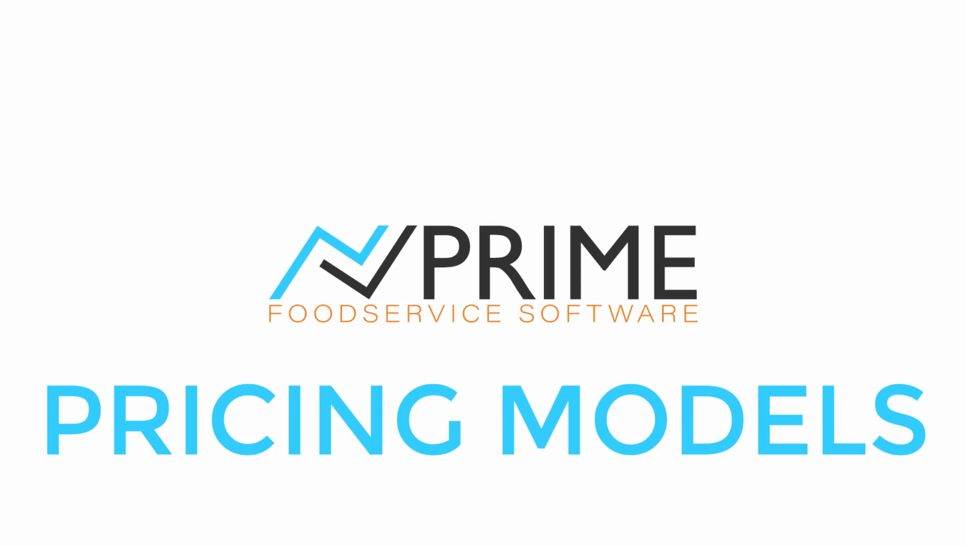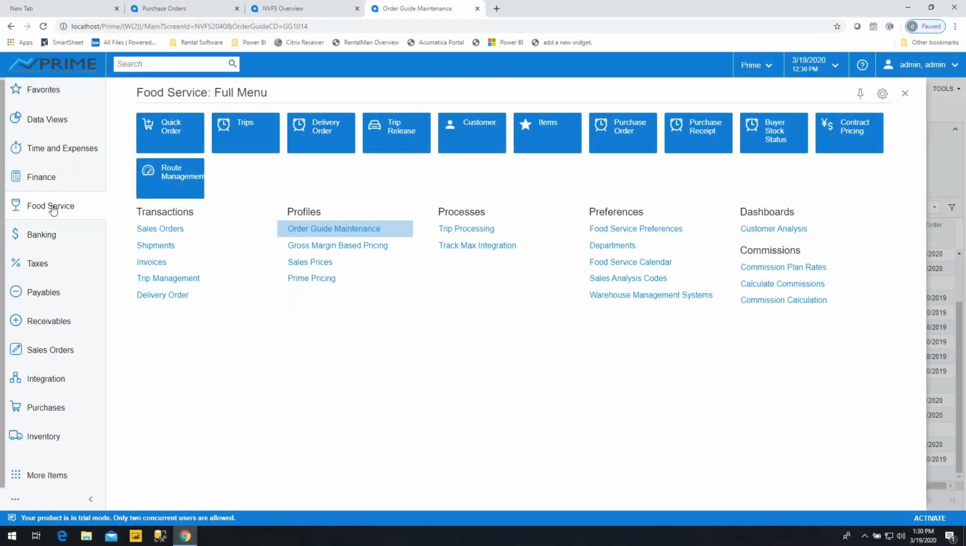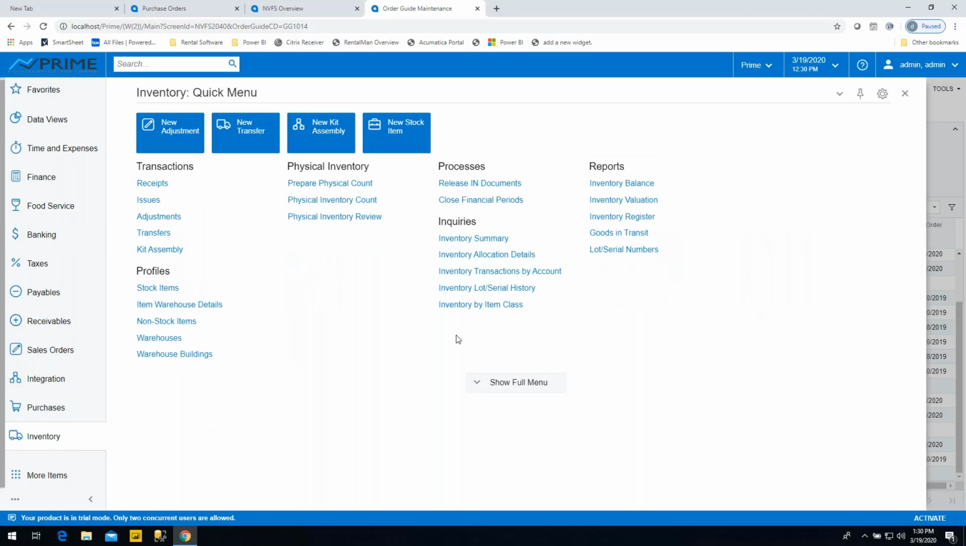Setting pricing in Prime Food Service Software. As we've worked with various food distributors implementing Prime Food Service Software, we've seen every different type of pricing model out there, and we understand how flexible the system needs to be in order for our clients to create their pricing models. Before we jump into setting up pricing models, I quickly want to show you how Prime Food Service